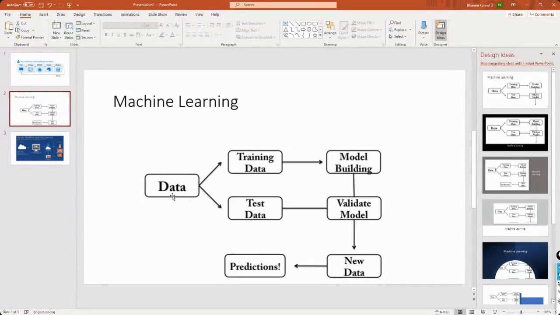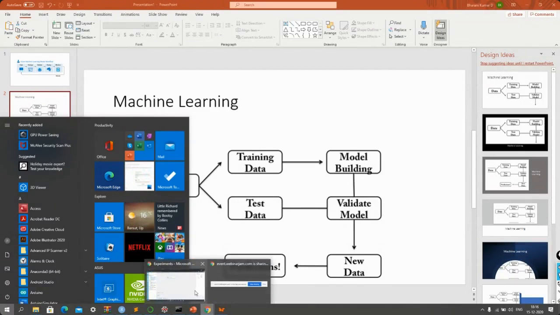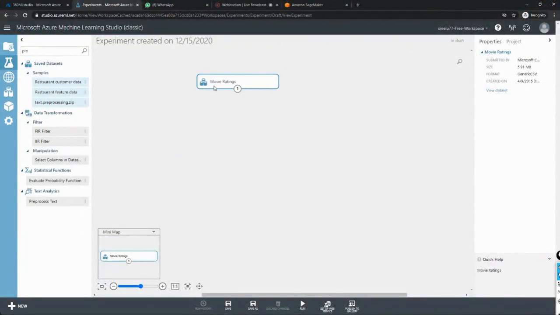Right, so our data set now is movie ratings, and I'm going to split it into training data and test data, and I'm going to build a model and validate it. So let us just walk through and understand the analogy. That's it. We're not going to discuss much about machine learning. Again going back here, say movie ratings, and then